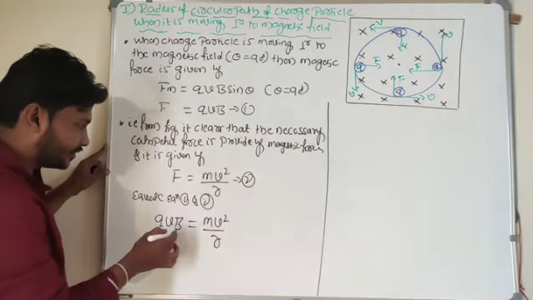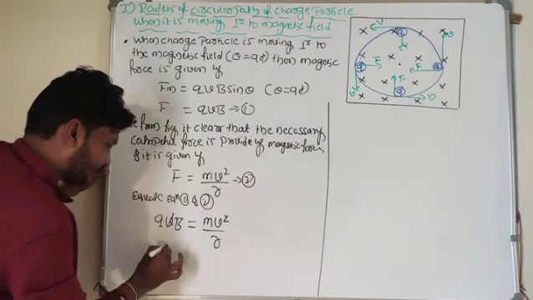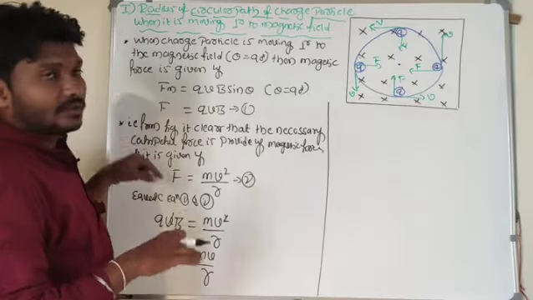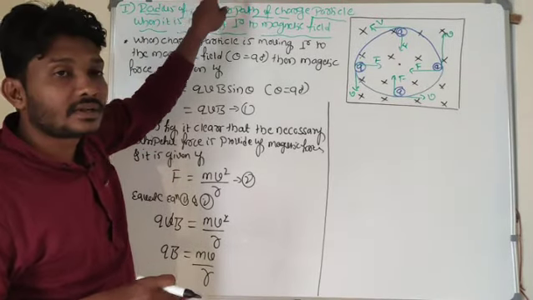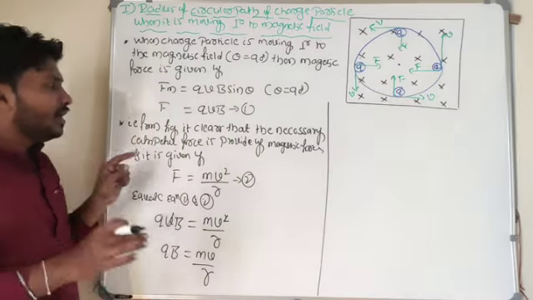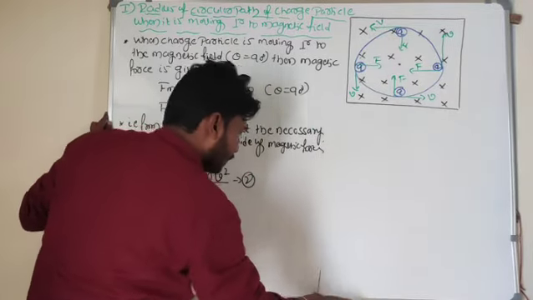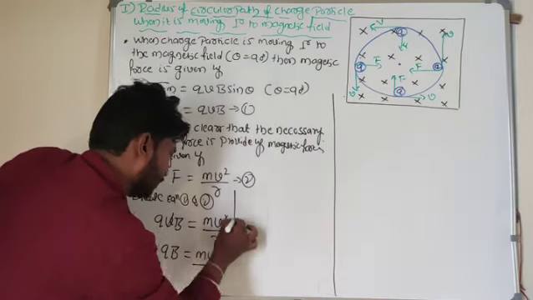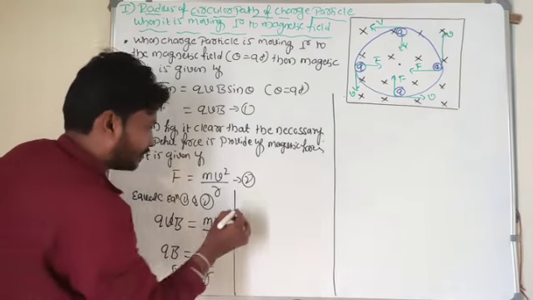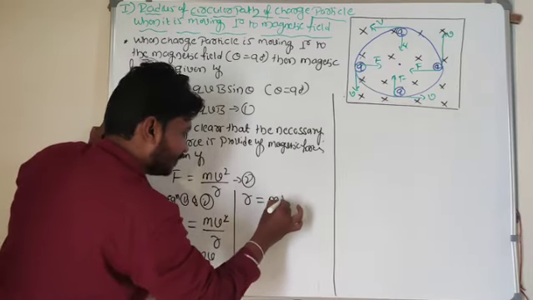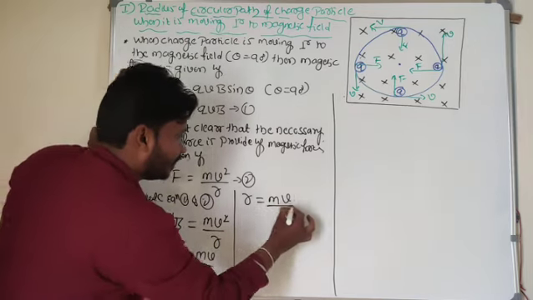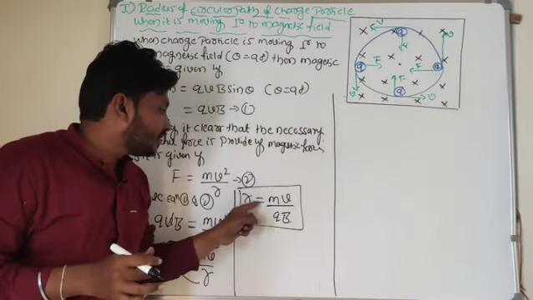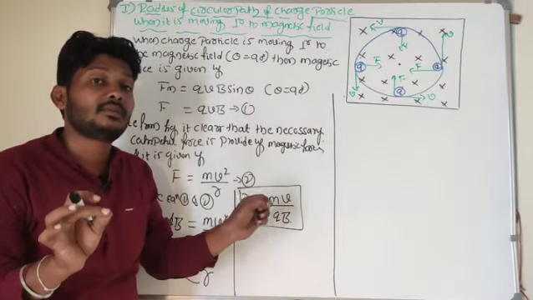After equating these two equations, one v term will get cancelled out. Q into B is equal to m into v divided by r. What is our intention? We are going to find out the radius of the charged particle, right? r represents the radius of the charged particle. I will rearrange this equation: r is equal to m into v divided by q into B. This is the required expression for radius of the charged particle when the charged particle is moving perpendicular to the